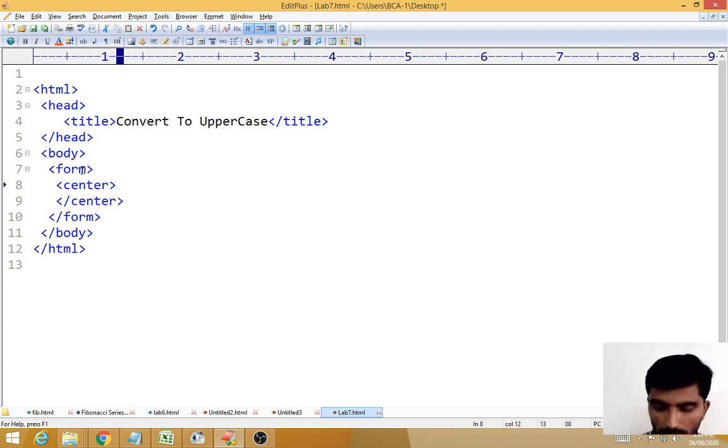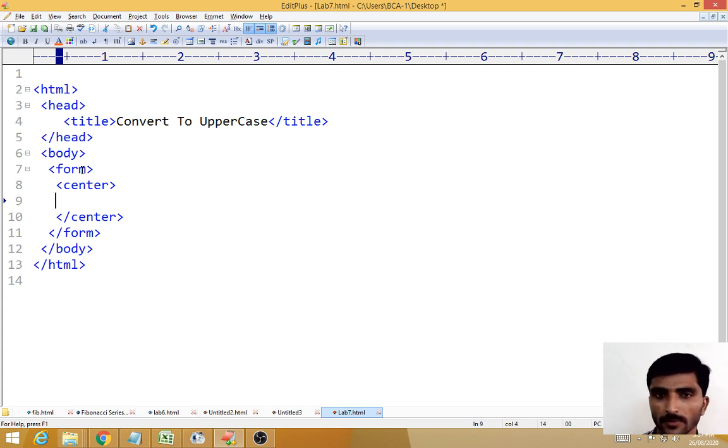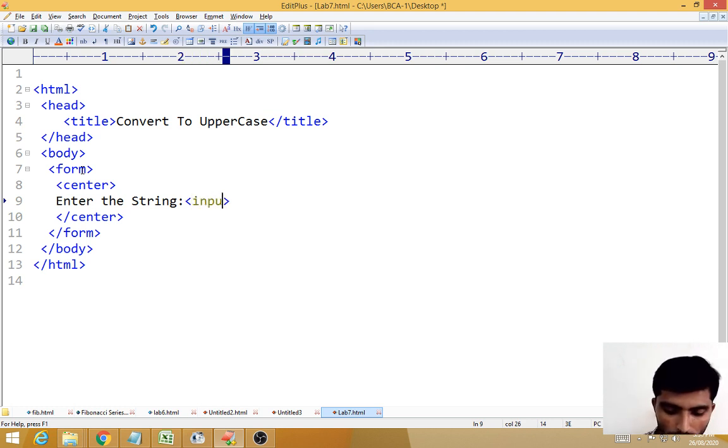So within that, when you execute this code, the browser will ask the user to enter a string, that is a string, not a number, okay. So after that we need one text box, right? If you want to create one text box, what you need is one tag called the input tag. From the input tag we can create the radio button, text box, buttons, checkbox, okay.